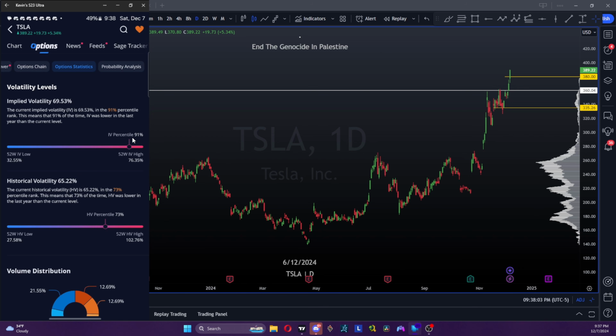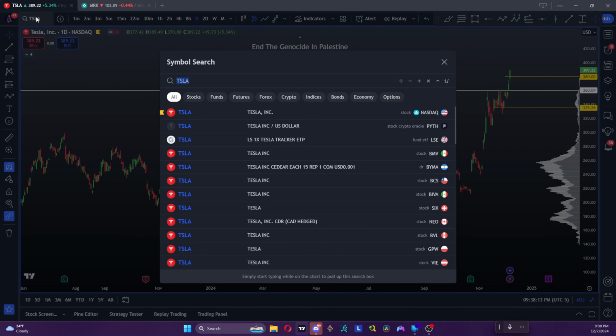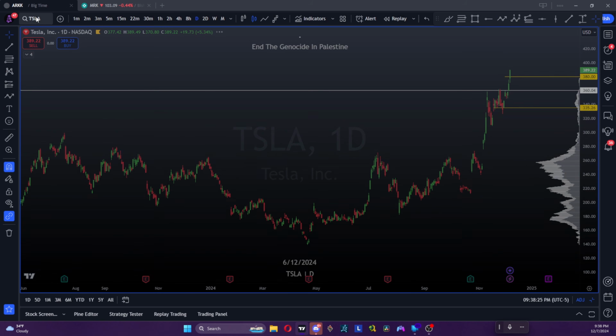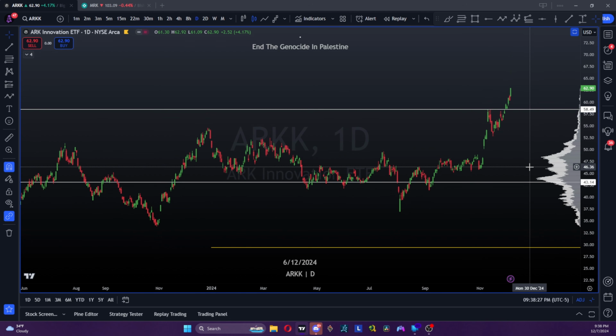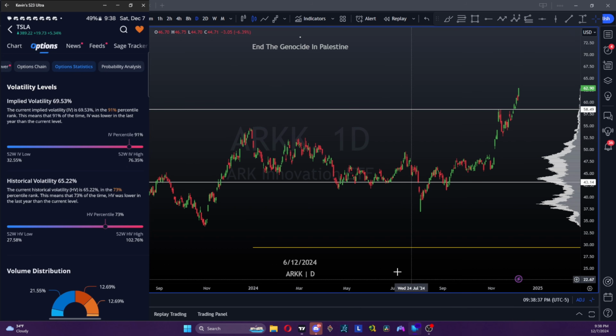I size light for a reason, because if they didn't work out, I'm going to lose a substantial amount from those contracts, right? That's why sometimes if you're in these situations where you want to trade a stock and you're trading, let's say, that sector, sometimes the best thing you could do is go with a sympathy trade. And for Tesla, that sympathy trade would be ARK, because ARK does own a majority of Tesla, right? So let's say if Tesla gaps up on Monday, since we got ARK calls on Friday, ARK will gap up as well. And if we go to ARK options chain,